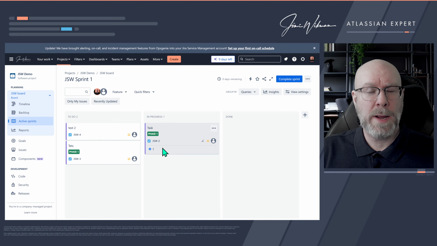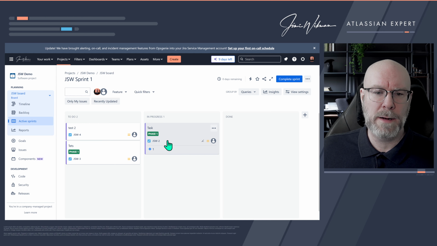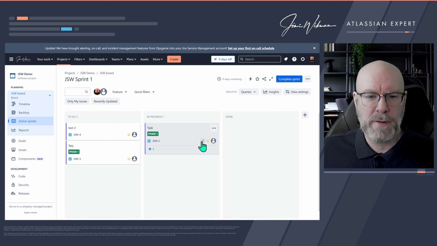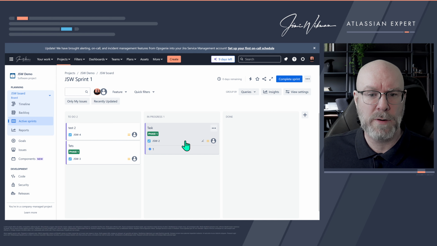So here we are now in our test instance once again, and as you can probably tell, since I'm hovering over this one already with the mouse, you will have this little design icon here that will indicate that we have a Figma file connected to this one. And you might remember that a few weeks ago, if it was last week or the week before, we talked about the fact that if you add a Figma file, then it will show this little Jira icon. And we talked about if you have multiple